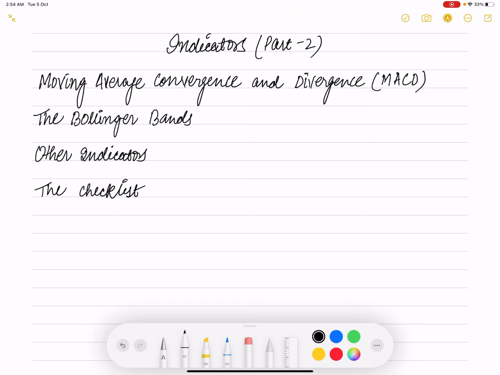So the key takeaways from this chapter are: MACD is a trend following system. MACD consists of 12-day and 26-day EMA. So the MACD line is the 12-day EMA minus the 26-day EMA. The signal line is the 9-day SMA of the MACD line. The crossover strategy can be applied between the MACD line and the signal line. The Bollinger Band captures the volatility. It has a 20-day average, a plus 2 standard deviation and a minus 2 standard deviation.